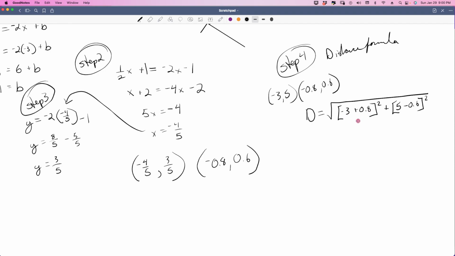So then this is going to be the square root of negative 2.2 plus 4.4 squared, which is going to be,